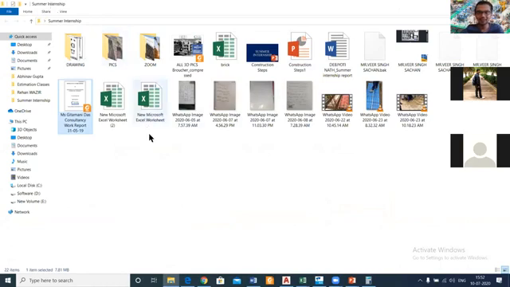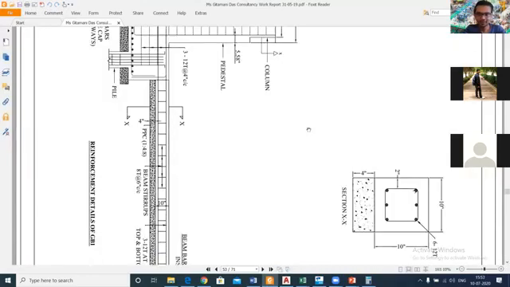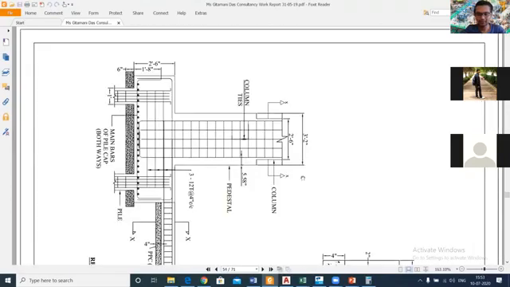Same logic doesn't apply everywhere, meaning in all footings you don't have the same type of reinforcement. You have different reinforcement, depending on the structural design of the particular footing. Anyway, question. So let's just check out the structural drawing of the reinforcement of the site which is shown to you.